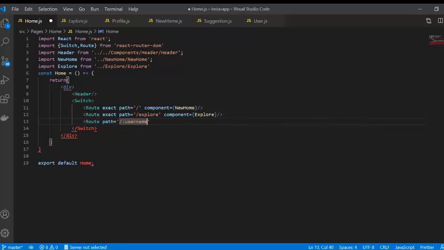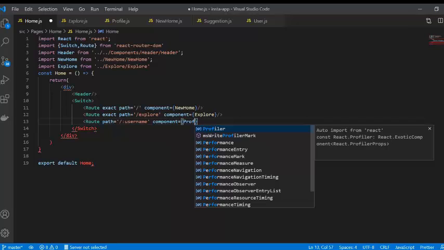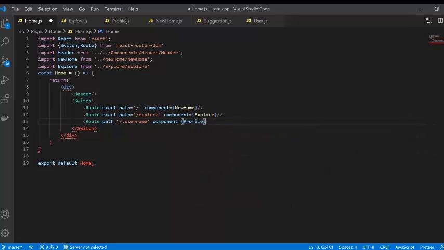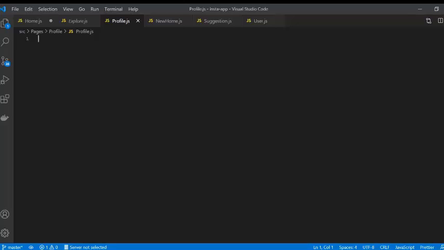You can give any name in here, username or any ID, you can give anything. Now I'm just gonna provide the component in here. The component is Profile. As you can see that I have created one profile.js, so it doesn't have it imported. I'm gonna import it, but first of all just write in here import React from React,